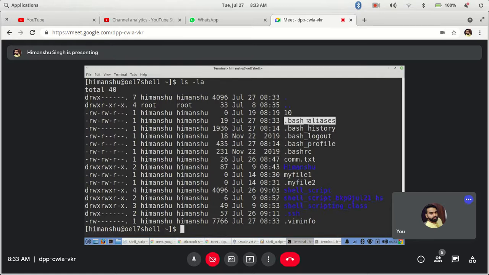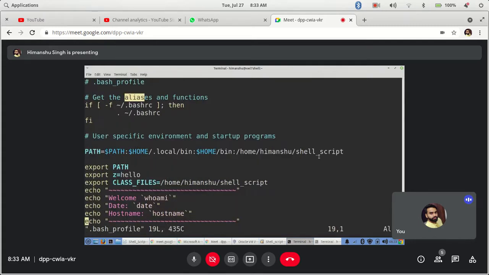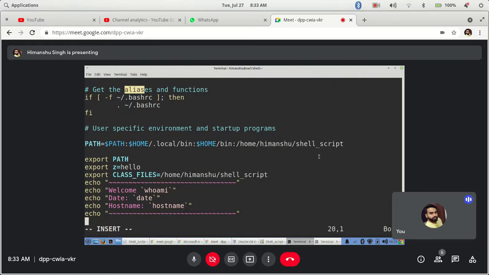So I have this file now, ls -la, .bash_aliases. Now I can include this file in the bash profile. I can call it inside this profile. So how I normally do it, Shift G. I will not call it directly, I can have an option like this: dot, and I just say in my home directory I have .bash_aliases. I can call it like this, right? Easy.